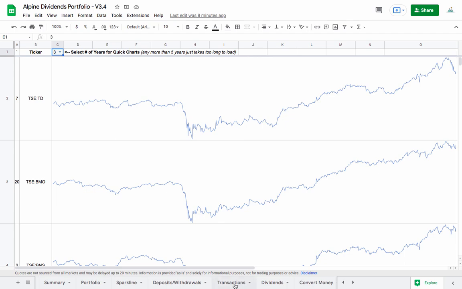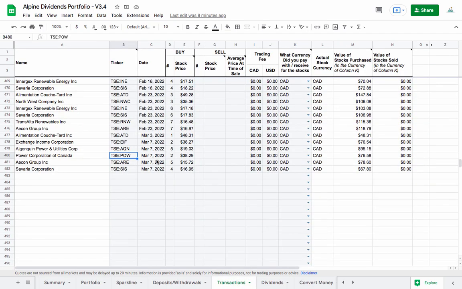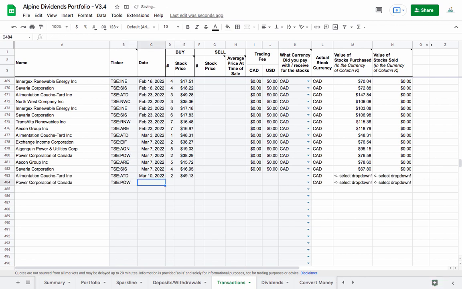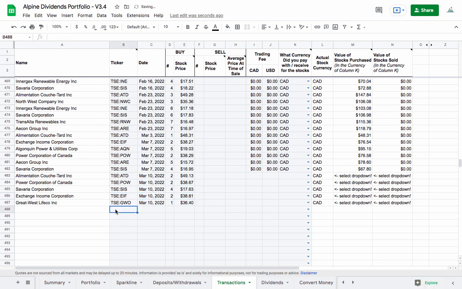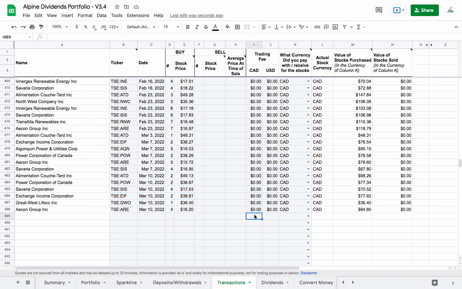And that's all going to go into the transactions tab, which, like everything else, is a big master list of all the transactions that I've ever done. So as I drop these in, I'm just going to take care to make sure that I had exactly the same quantity and unit price that I saw in Wealthsimple Trade. And once I'm also confident that all of the totals add up, which is an indication that I haven't made any typos, then the last thing that I want to do is drop back into the summary tab